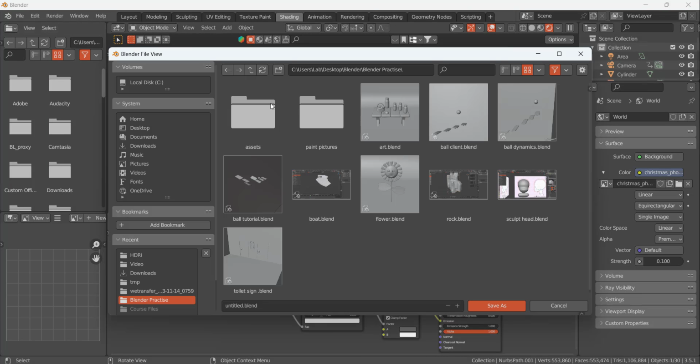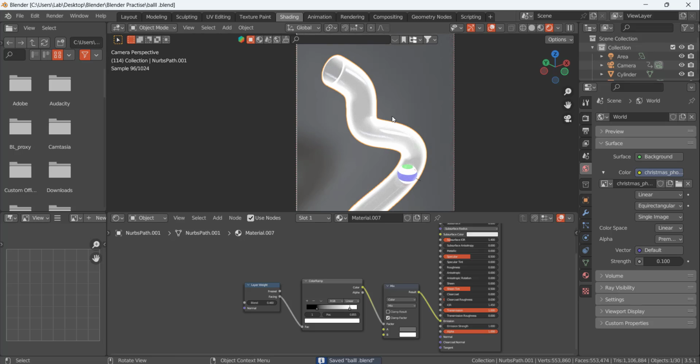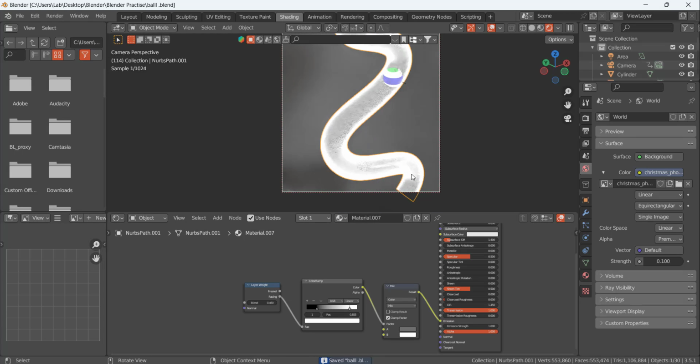So let me just save it to ball. Don't see my files, so just save it. Here you can see we have this glassy look, and this material is representing the inner side and the whiter one is representing the outside. For this white one, which color am I going to add? Blue is good. Okay, for the outer side I just make the blue one,